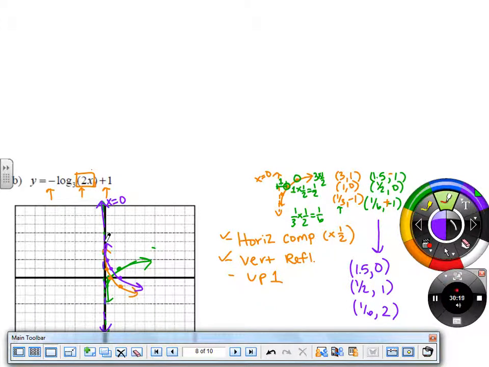We'll do one more of these. All right, so same thing. This is going to be a parent function, so it's still going to have the fact that we can't plug in 0 or a negative. So this asymptote kind of divides our graph into the usable and non-usable portion. Now, again, when I create this parent function,